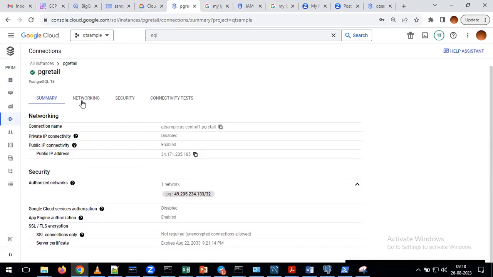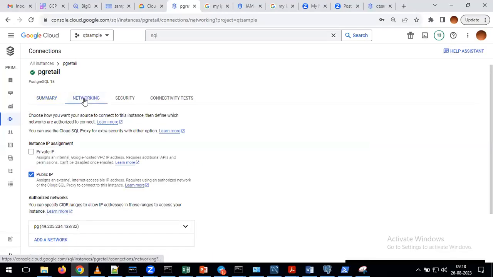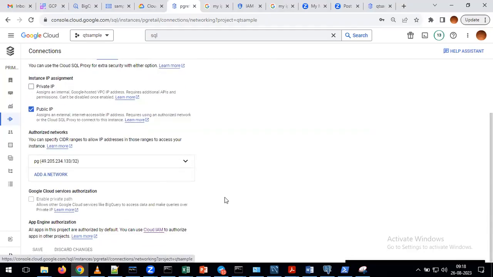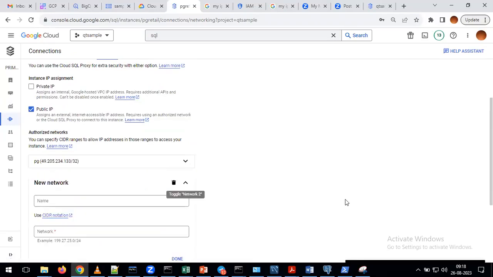After that, please go to the Networking tab. Click on Connections, and after that, go to the Networking tab in this section. After that, please click on Add a network.